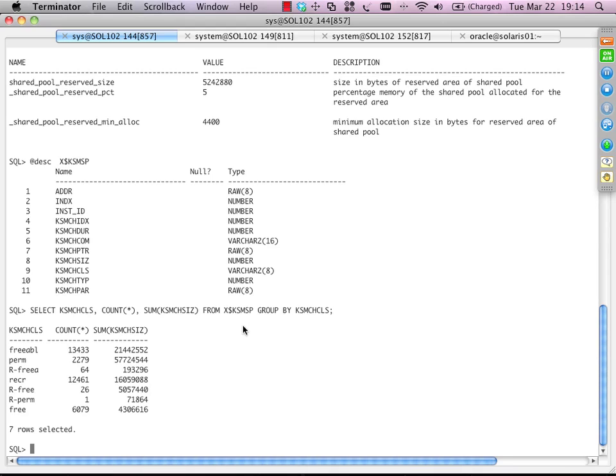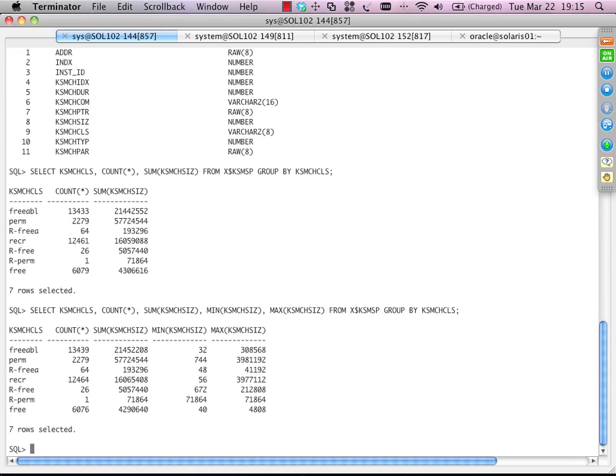For that reason, whenever we want to troubleshoot and understand whether we have a fragmentation problem or not, we should also look into this. The minimum size of a chunk is not that important, but more important is the maximum size of a chunk. You see what's going on here. Right now, these are the free chunks. The biggest free chunk is